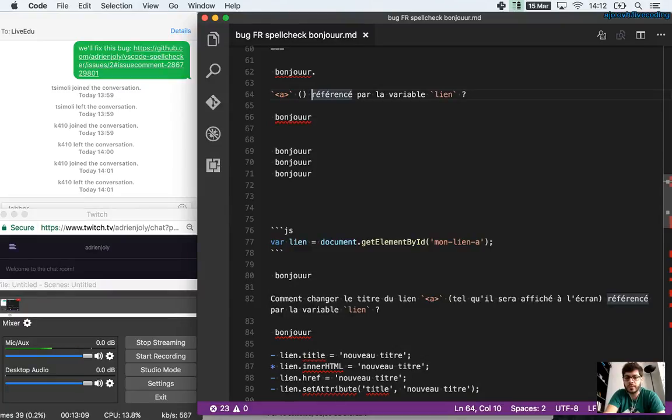So let's, okay, that's the initial case. Let's remove the rest. It doesn't change anything, so it's not related to that. Now let's remove that. It's not changing anything. So let's remove the word variable. It's not changing anything. Let's remove par là. Not changing anything. So apparently